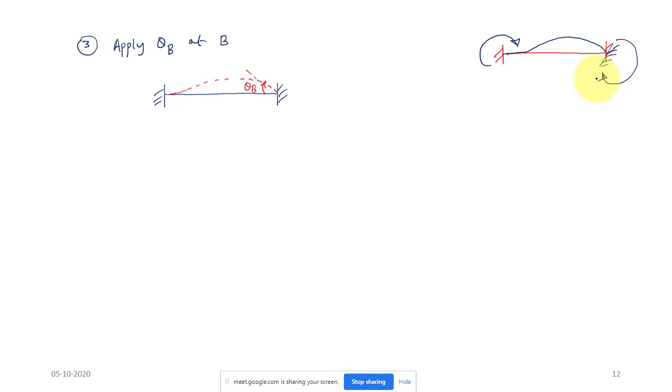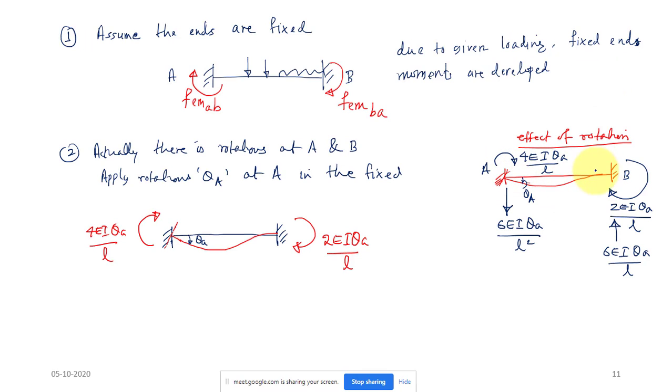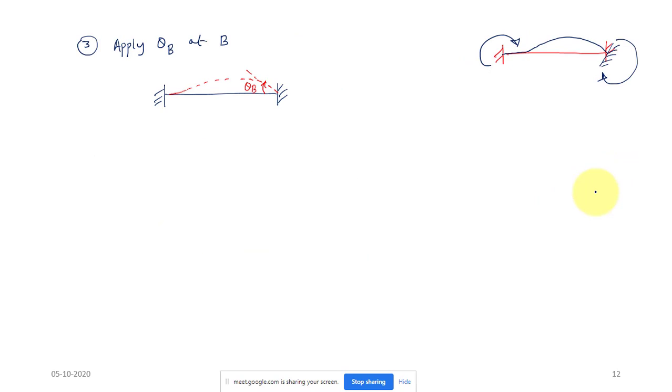Same thing you can see here also, so you should not confuse this direction. If this support is rotating, to cause this rotation I should have a moment in that direction, and to make this rotation 0, I should have a moment in this direction. Same logic here: rotation should be 0, so the moment should be in this direction. And here we should get a clockwise rotation of this much, so I should get a clockwise moment there also.